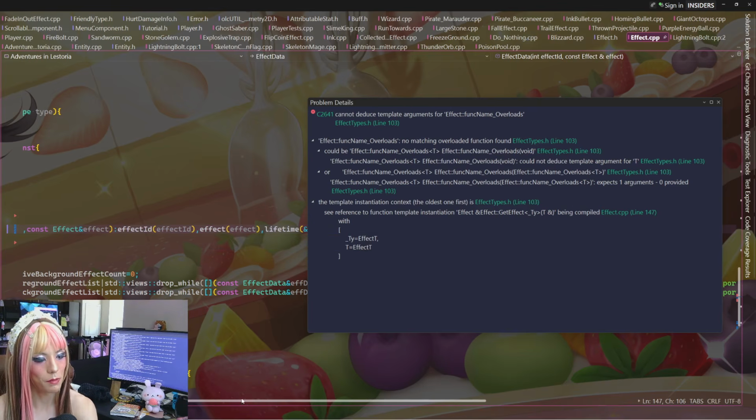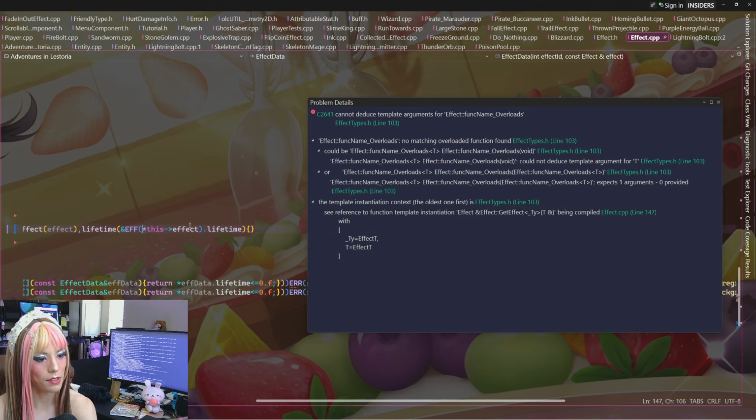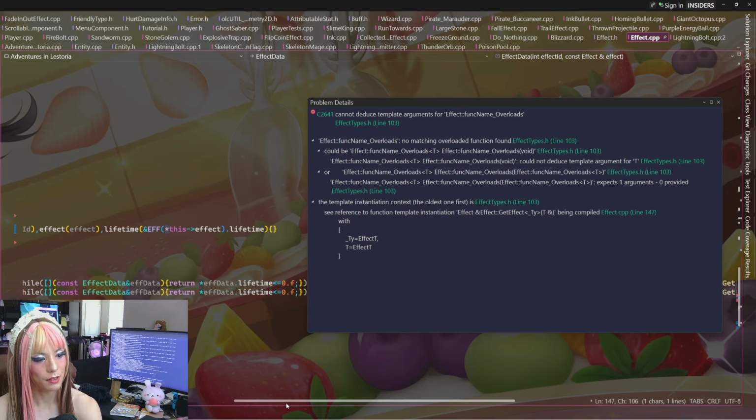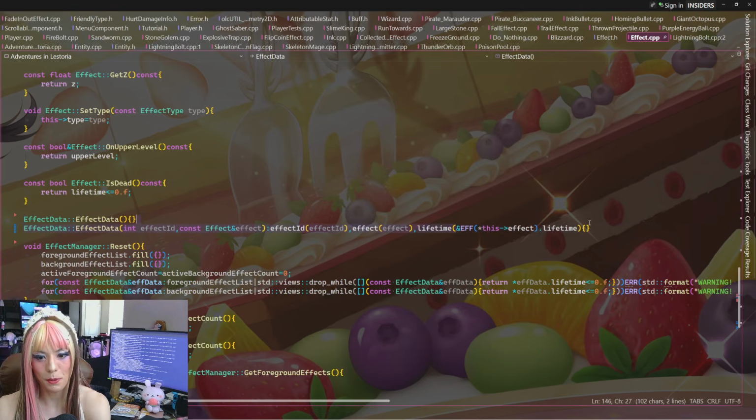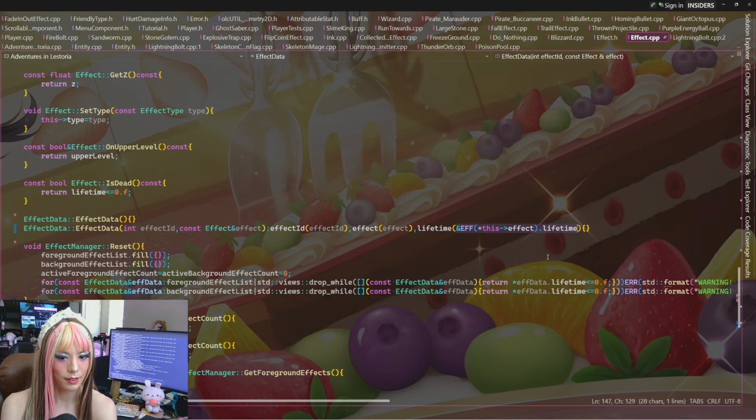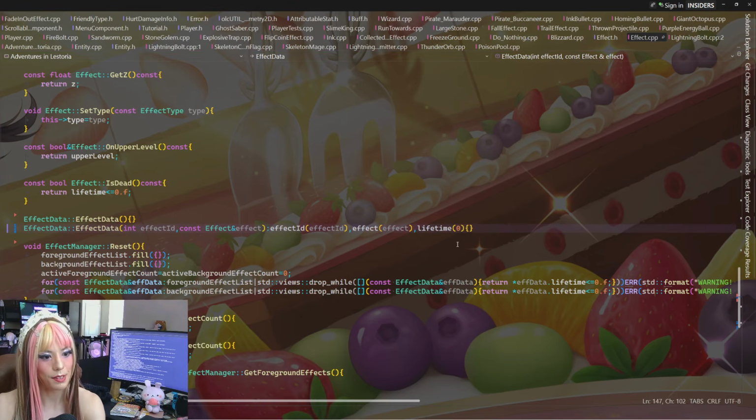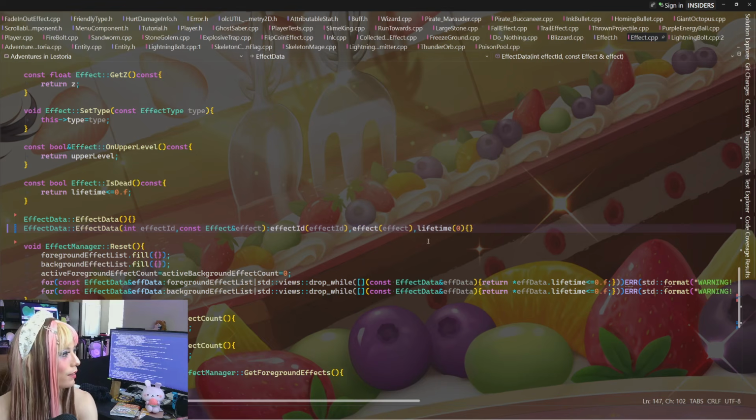And that's the one I'm drawing from, I think, because I'm calling this effect, which is an optional. So that makes sense to me. What happens if I just put 0 here? I wonder what would happen. It's not the intent of it, but I want to see what else happens.